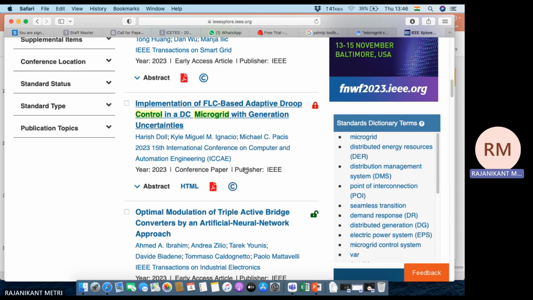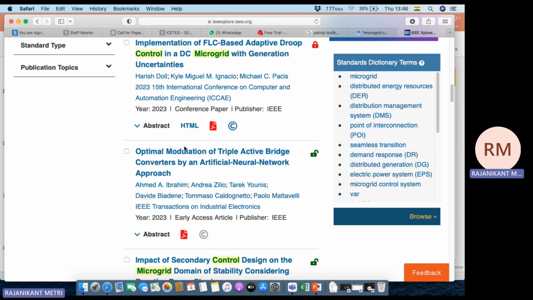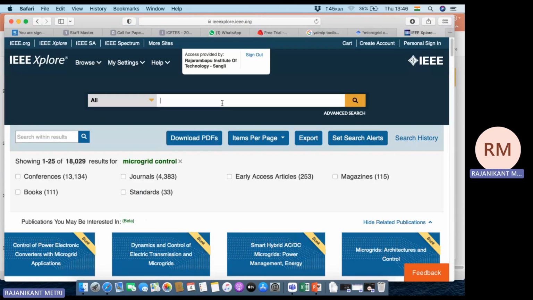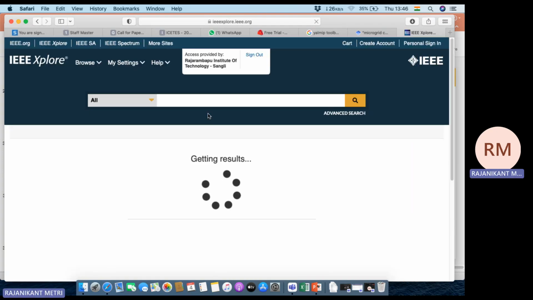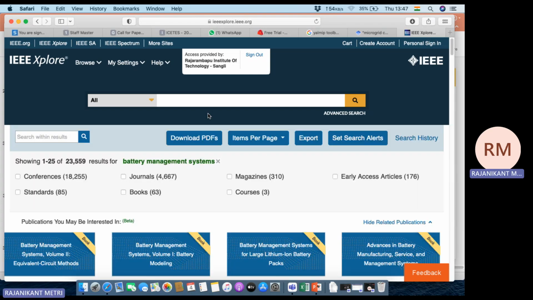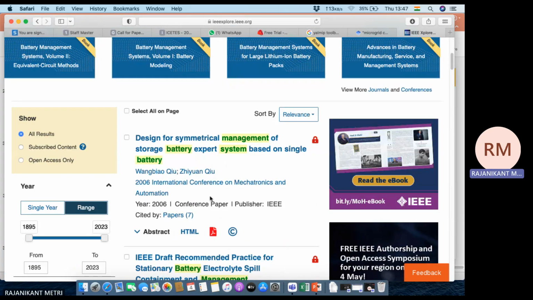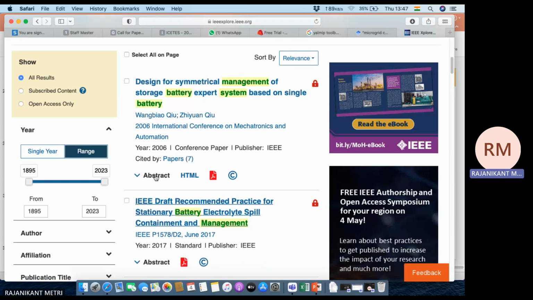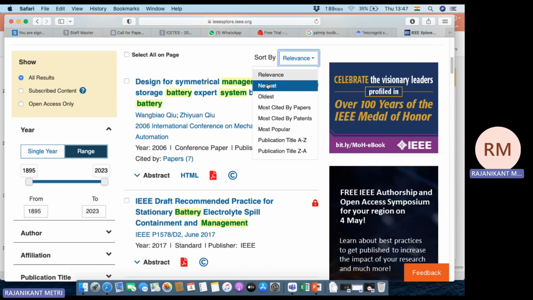So it gives us an indication that work is going on, or research is going on, in this particular field. We try with another keyword, say battery. Here you can see again this is as per relevance. If we click on newest,